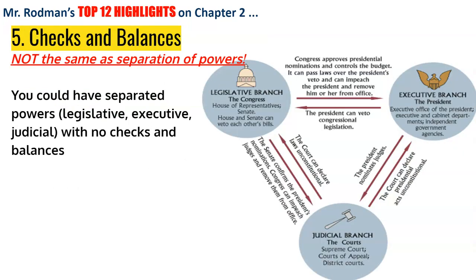We also see here in highlight number 5 the checks and balances, the role that this plays in terms of keeping each branch a co-equal branch. This is different than separation of powers because it isn't designed to show who's making the laws and who's enforcing the laws and who's interpreting the laws. It's about what happens beyond that in order to keep each branch in check.